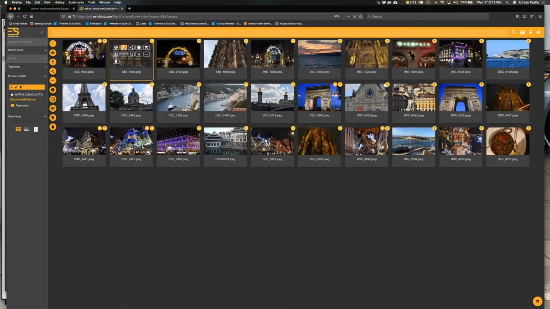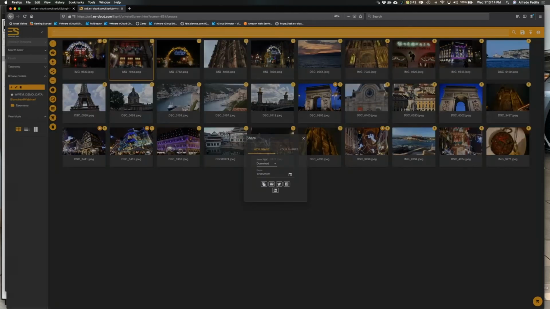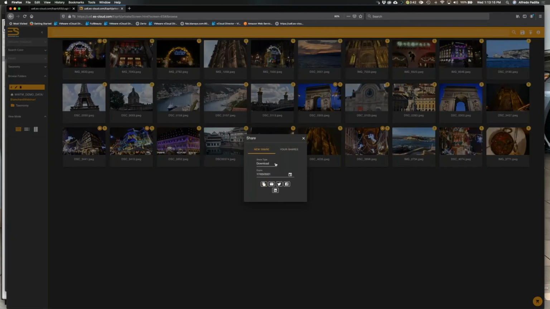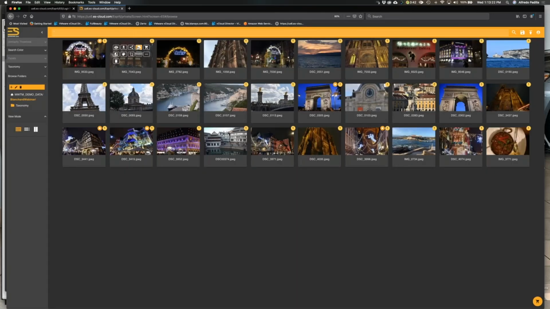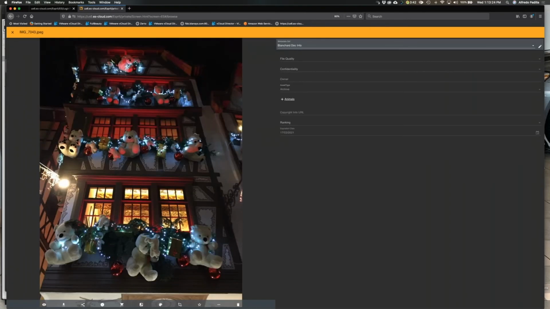My download, share. So if I want to share it out to social media, I can do the download, viewer, put an expiration date, share it out to social media. I can pull my info, which opens up a light box. Here I can change whatever metadata I have set that I can get to. So put it here, I can edit